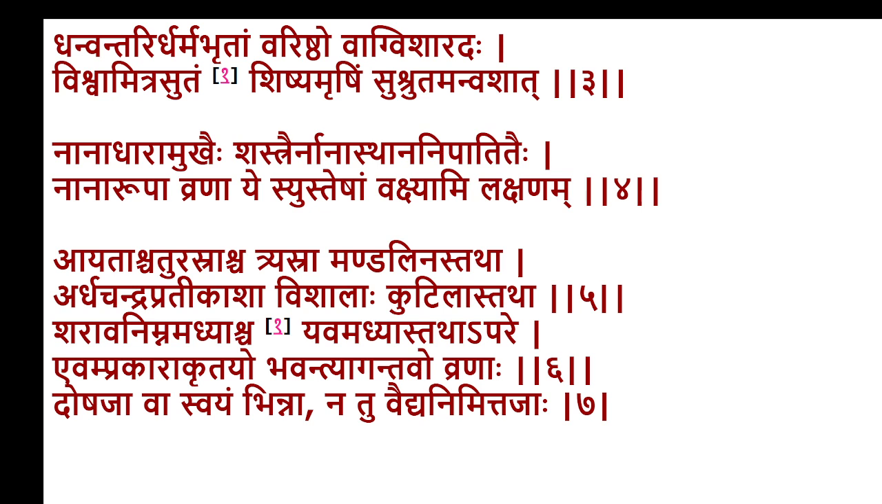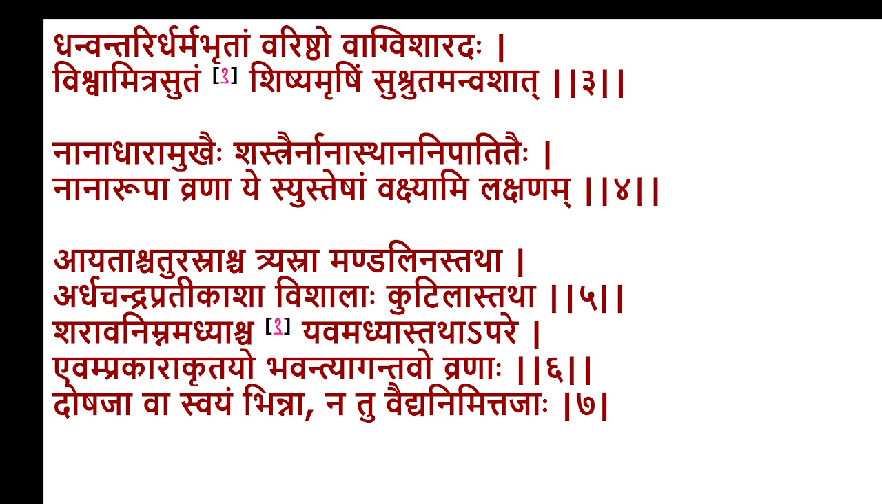Now, Sushruta has categorized those tidy and untidy categories with a different nomenclature. Ayataha, that's the rectangular, Chaturasraha, square, Trasraha, triangular, Mandalinaha, circular, Ardhachandra, semicircular. These are certain varieties of the tidy wounds, whereas Vishalaha, that's the wide wounds, Kutilaha, irregular shaped wounds, Sharava Nimnamadhyaha,